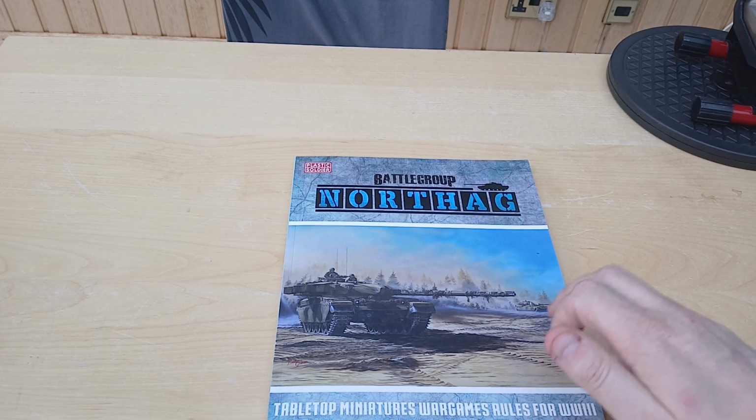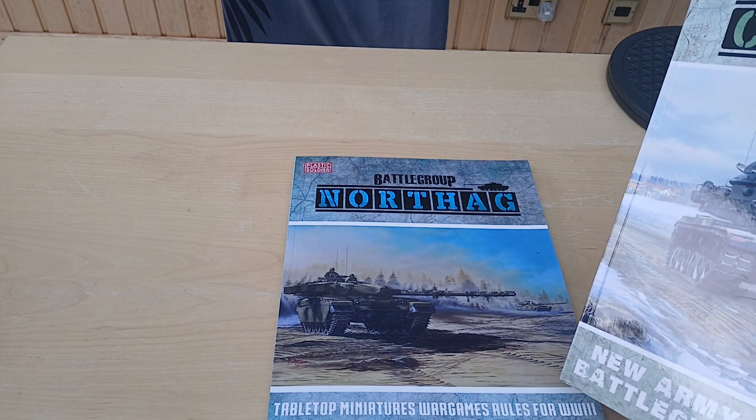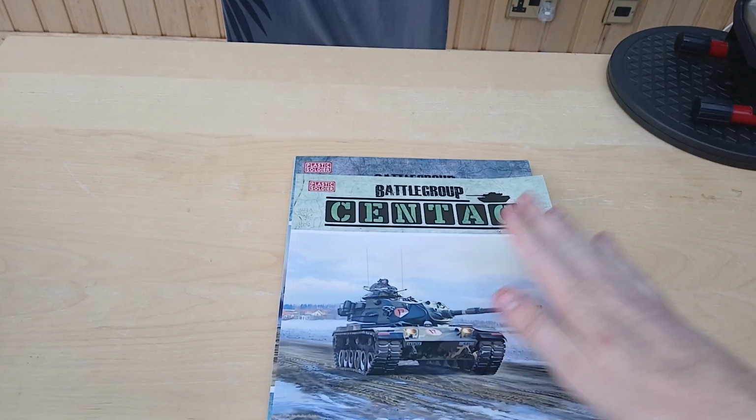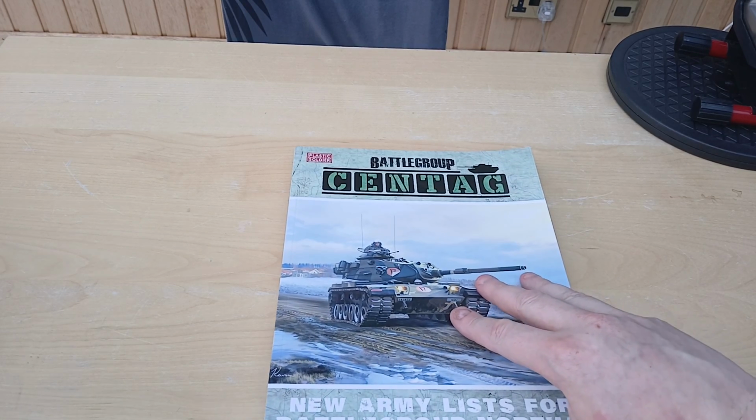One of the disadvantages is the formations are very set in it. So, for example, you buy 10 Soviet tanks. It should be easy to work out if you wanted to use smaller formations than that. Just alter the points accordingly. Because I think as the campaign goes on, most formations would start suffering breakdowns and losses. So the initial rules is just the British Army of the Rhine fighting the Soviets, but they did bring out Centag, which has Warsaw Pact, American forces, everything else we would need for a Cold War gone hot